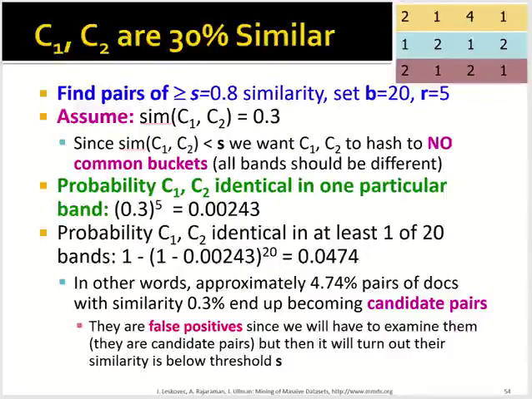Since the similarity is below the threshold, we want columns C1 and C2 to hash to no common bucket, which means they should appear in different buckets. The probability that C1 and C2 are identical in one particular band is 0.3 to the power 5, so we get